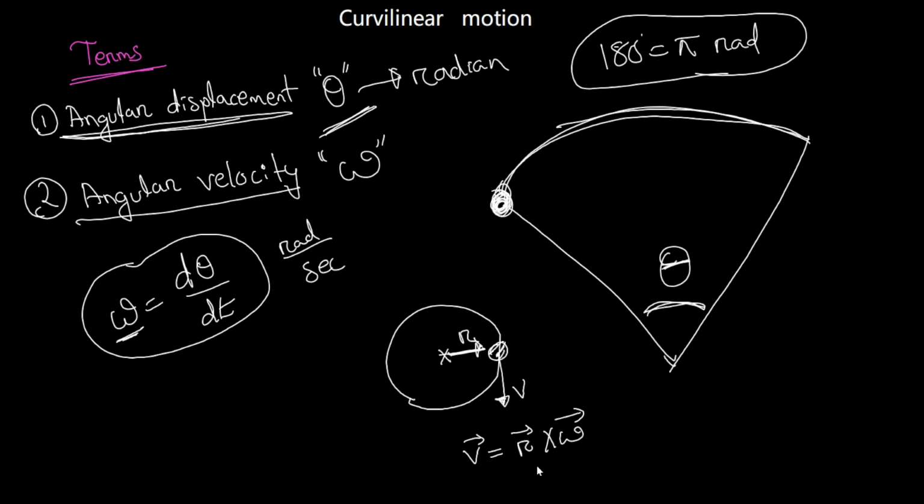So what I'm saying is, the r vector and omega vector are perpendicular to each other. Here, see, the r vector and omega vector are perpendicular to each other. That means they are in a single plane. And the velocity vector is also perpendicular to the r vector. That means the omega vector is along an axis passing through this point in this sense. Okay. So in 3D, if you draw a coordinate axis like this,